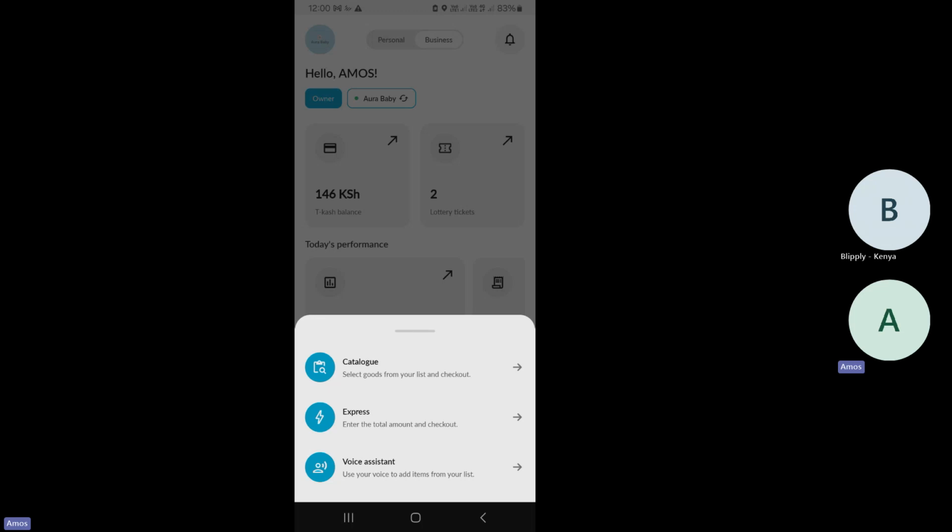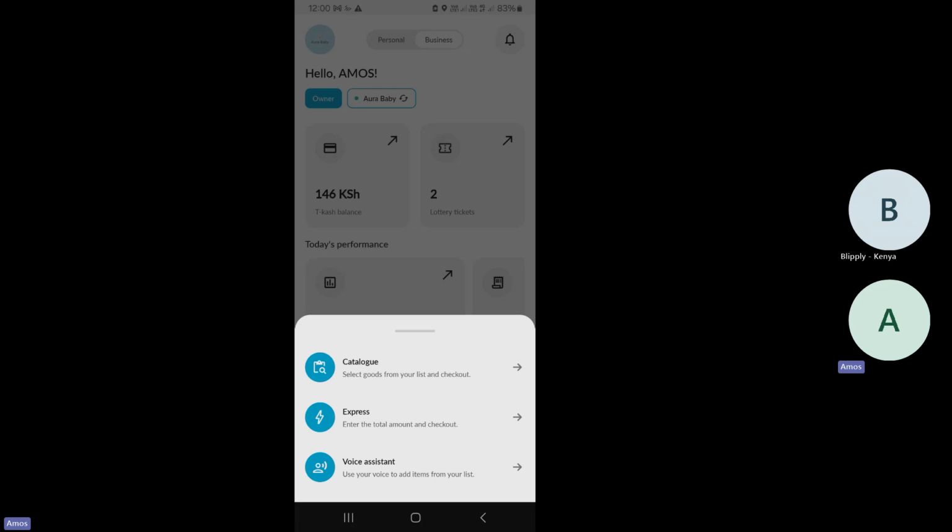The catalog is the kind of sale that we are used to in supermarkets, say, where a product is passed through a scanner and the code of the product is scanned to record the price. That is the catalog. The express sale is the one that we're going to use when our biashara has so many customers at a given point. Kuna time inakuanga ni peak, top of the hour. So during that top of the hour, when you're having so many customers, that is when you use the express checkout. We have also another, coming soon under the Tcash platform, the voice assistant.